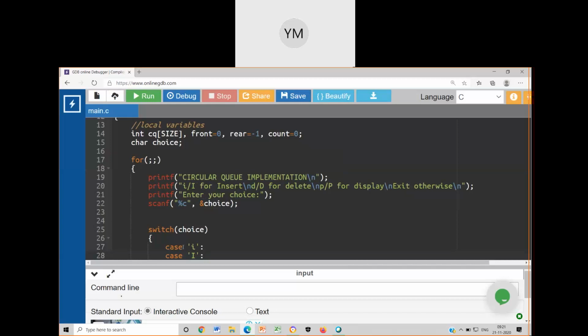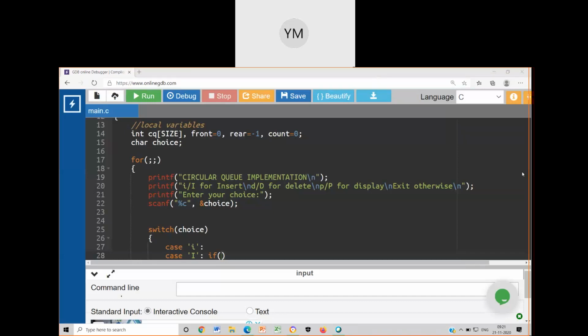In both of these cases, can anybody comment what is the condition for overflow? What is the overflow condition for the circular queue? Yesterday I have mentioned about it. Yes, count equal to size.